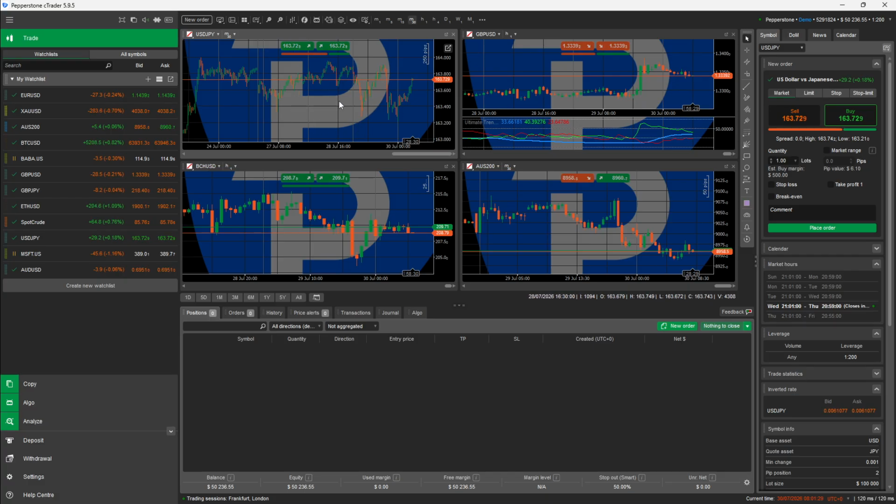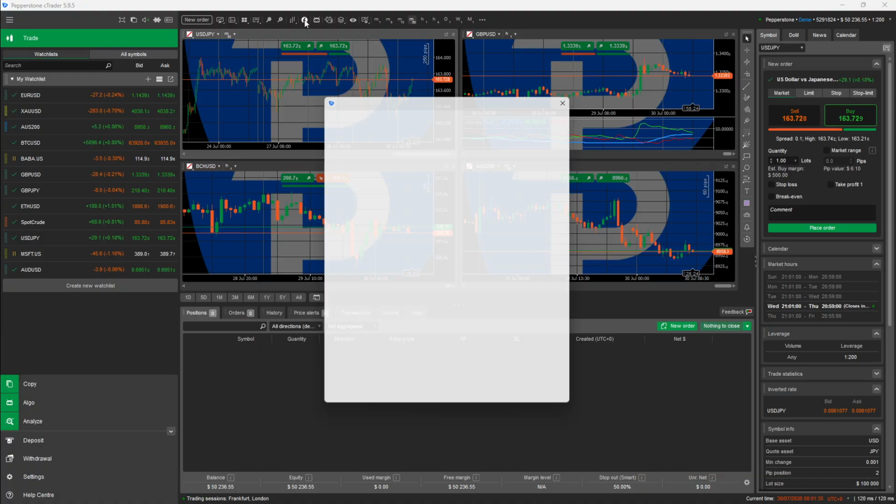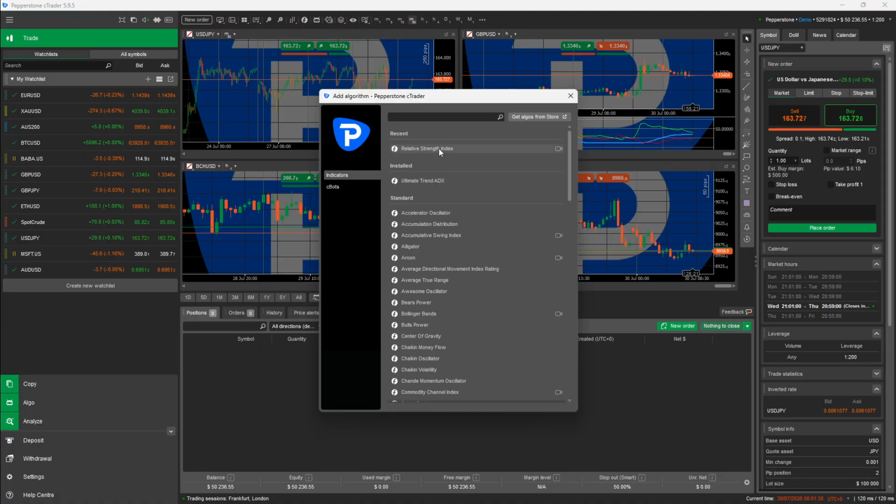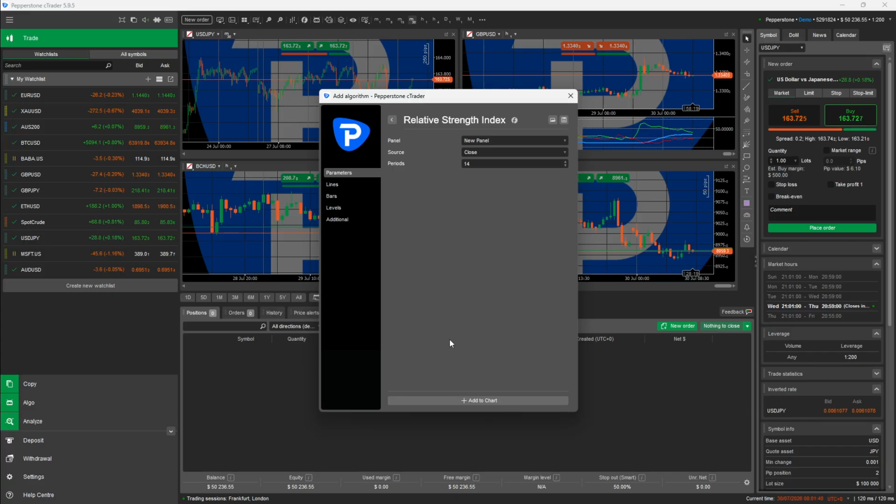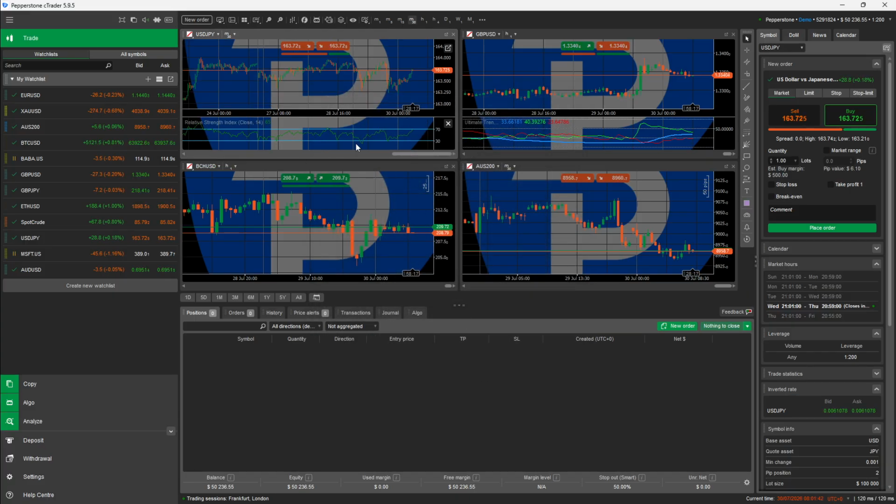Next, customize the chart exactly the way you want it. Add your preferred indicators, choose the chart type you use most often, and adjust the colors and any other settings that are important for your trading setup. The goal here is to prepare the chart so that everything looks and functions the way you want before saving